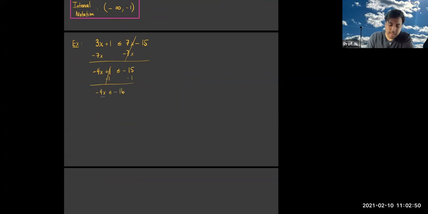And I'm going to divide by a negative number. So when I do that, remember what I have to do. I have to switch the sign of the inequality symbol. So this becomes greater than or equal to +4. So then when I graph this,